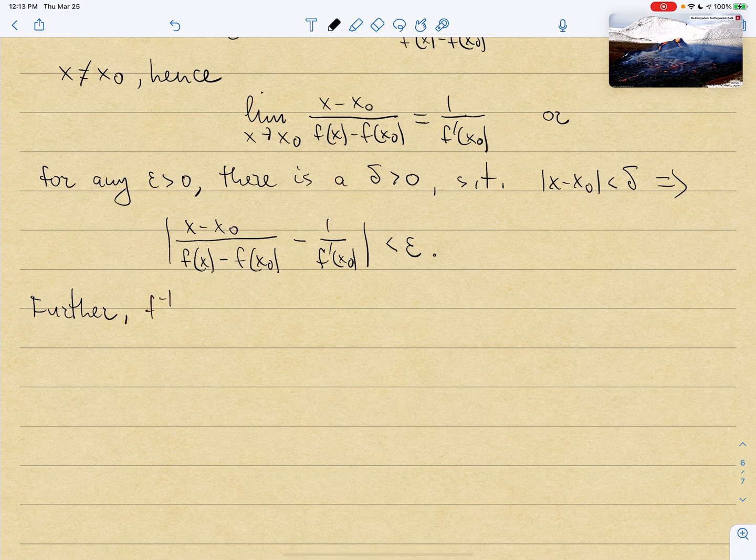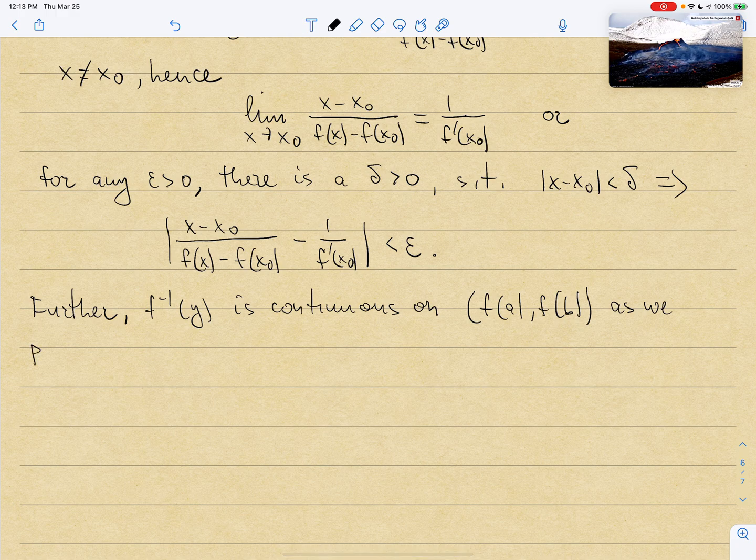So further, f inverse of y is continuous on f of A, f of B, as we proved before. And so if it is continuous everywhere on f of A, f of B, in particular, it should be continuous at the point y0. So f inverse is continuous at our selected y0,